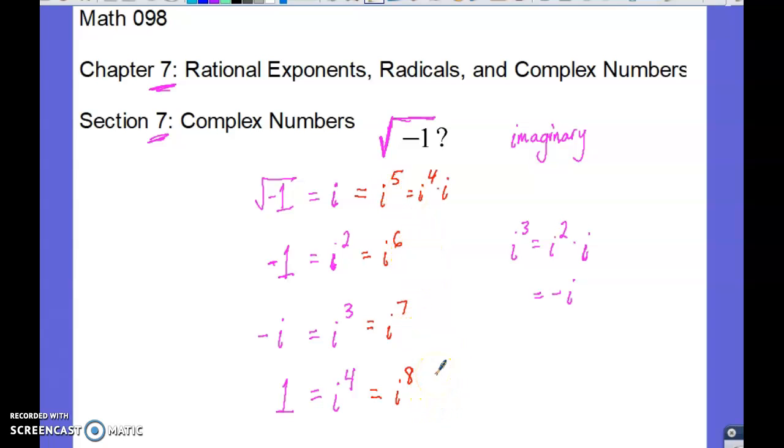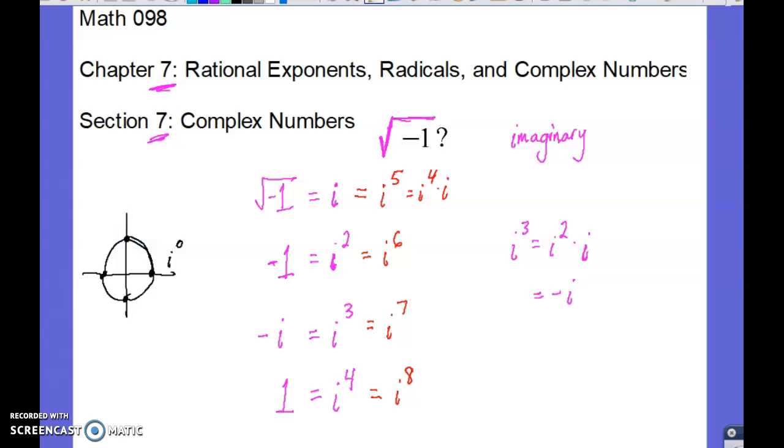And it's really pretty nice when you examine all of this: it happens in a perfect cycle. So if you think of this, we're starting at i to the 0. Anything to the 0 power in our context right now is going to equal 1. And then you can think of i to the 1st up here, and then i squared over here, and i cubed over here, and i to the 4th. We're back at the end of our circle,